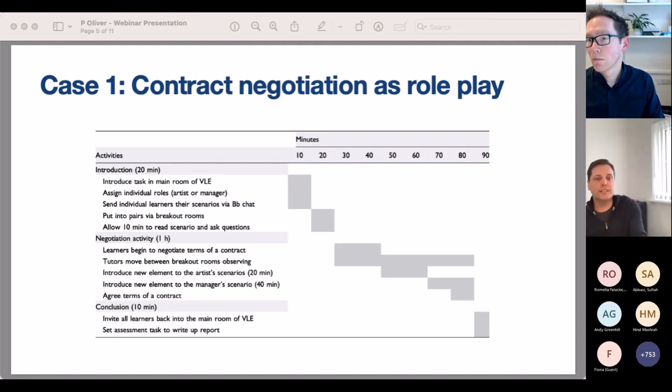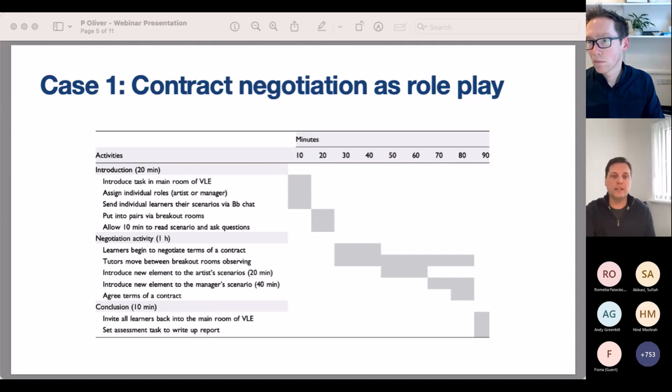As part of the final assessment for the copyright and law module, learners had to actively participate in a contract negotiation role play between an artist manager and a record label executive, summarized here in the table. Ordinarily, this assessment would take place towards the end of the module and had always been delivered face-to-face. However, due to the pandemic, with all teaching delivered online, an alternative assessment was created whereby the tutors delivered all